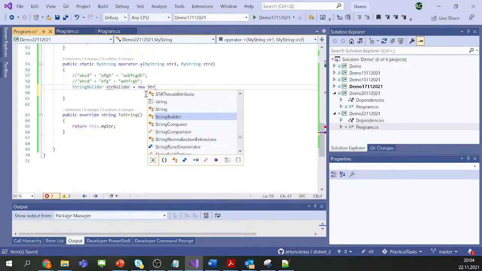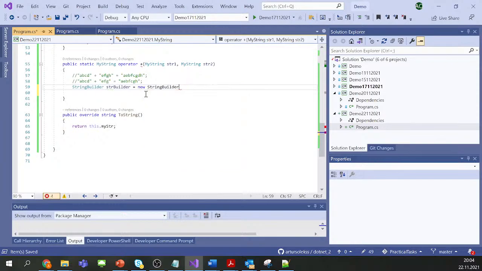So I simply create it as a new object. By default it's just an empty string, and then I can add more characters to this object, and this will be more efficient than if I do it directly with strings. So then let's proceed,